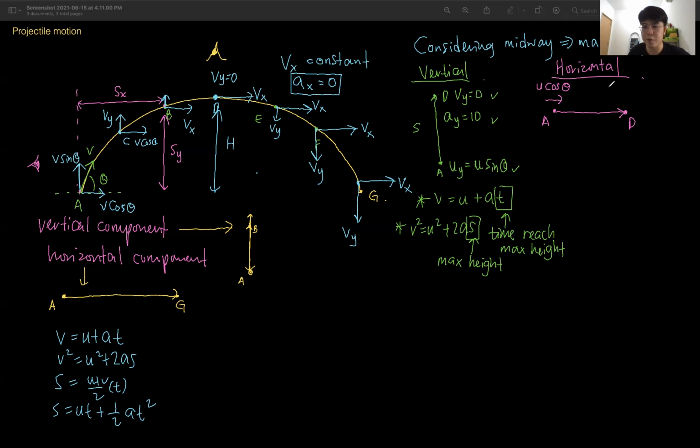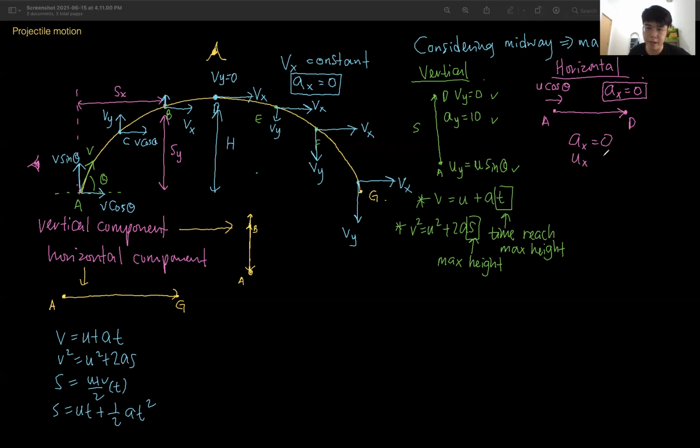And what else do you know about the horizontal component? You know that the acceleration is 0, constant velocity, for the horizontal component. If acceleration is 0, then this U cos theta, the initial velocity, is a constant throughout the journey. Okay, let me write down: ax equals 0,